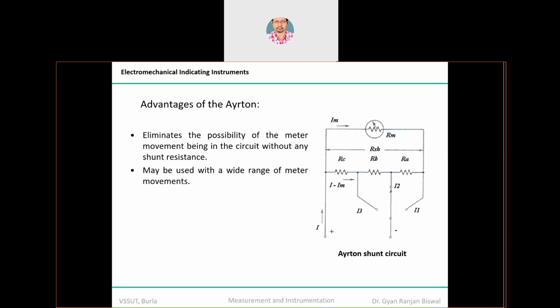ISH, which is equal to I minus Im, is passing through this summation of the resistance. What is this? This is nothing but the rheostat circuit. You might have seen it in your first semester lab, in the first year basic electrical circuits and basic electronics labs. A rheostat is a variable resistance, a summation of n number of resistances. By changing the position, you can increase or decrease the value of resistance, and accordingly the value of I minus Im is influenced.